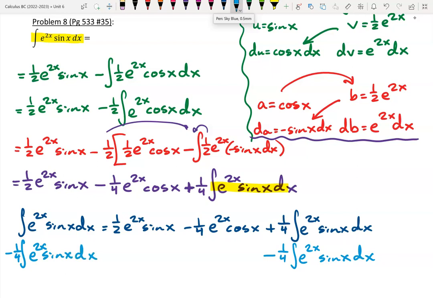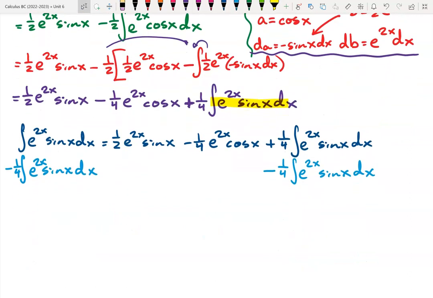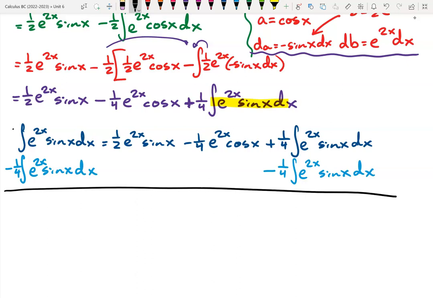And again, since those two integrals are identical, I can go ahead and combine them. So we can think of this as being 4/4. 4/4 minus 1/4 would give me 3/4 of that integral, e to the 2x sine of x dx,